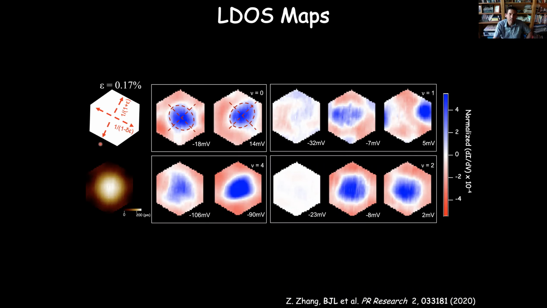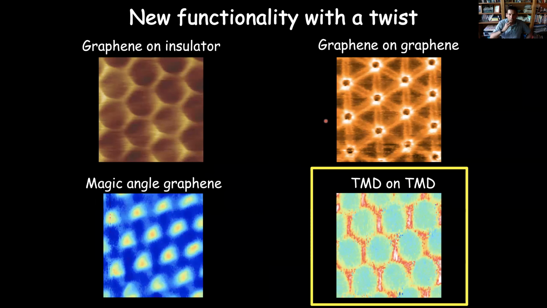And so these local density of states measurements allow us to gain access to the symmetries of the wave function and look at how those change as we change the doping in the sample. And you can see, obviously, the nu equals 0 and the nu equals 1 states have very different symmetries between them.